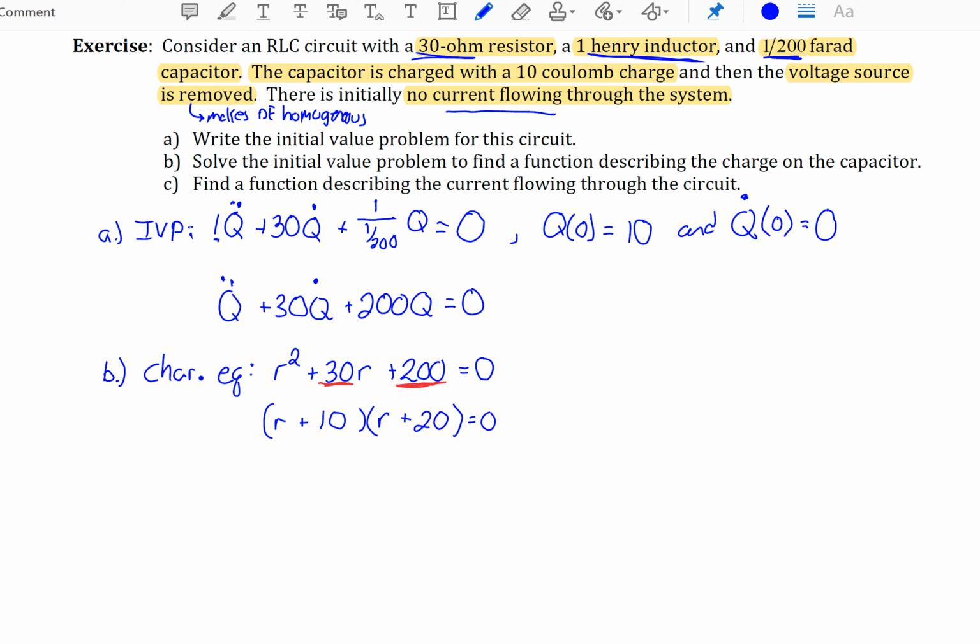Multiply to 200, add to 30. And this gives us our two values of r as -10 and -20,